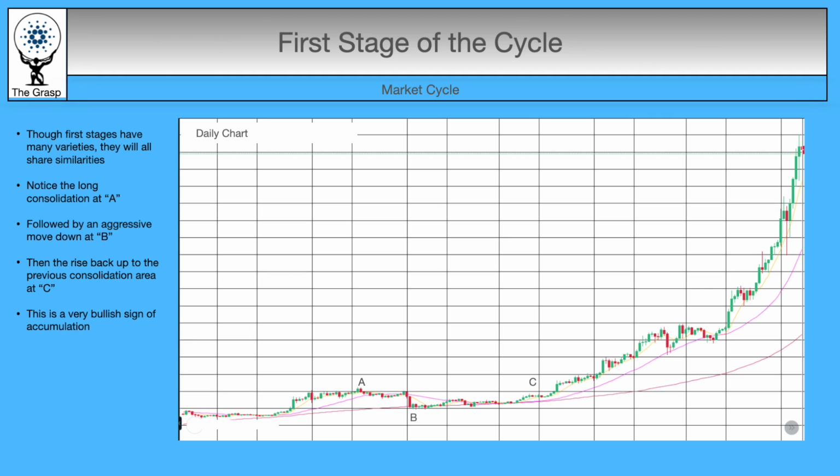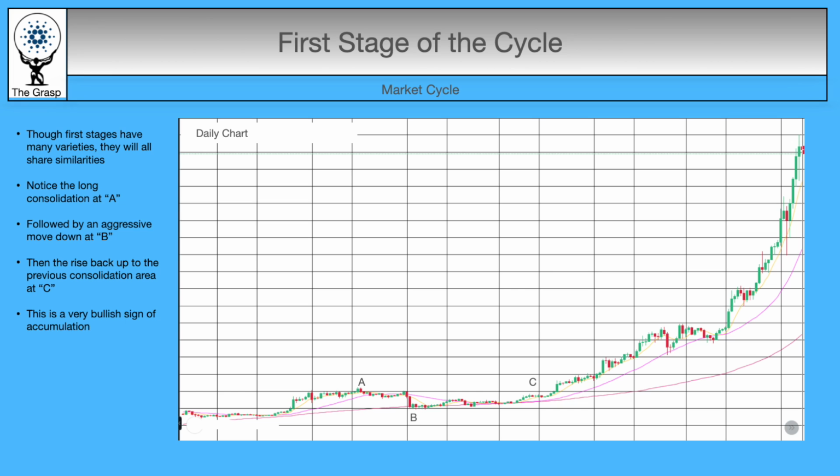We'll reference this chart to talk about the first stage here. This is a daily chart. Now, first stages come in many varieties. Often they'll be seen as a consolidation with low volume. Sometimes, though, they can be a V-type reversal, and those are very difficult to catch. But often they'll appear as rounded bottoms on decreasing volume. In all cases, most everyone that wants out gets out. The first stage ends with accumulation, almost always by institutional buying, and that is who we want to follow.